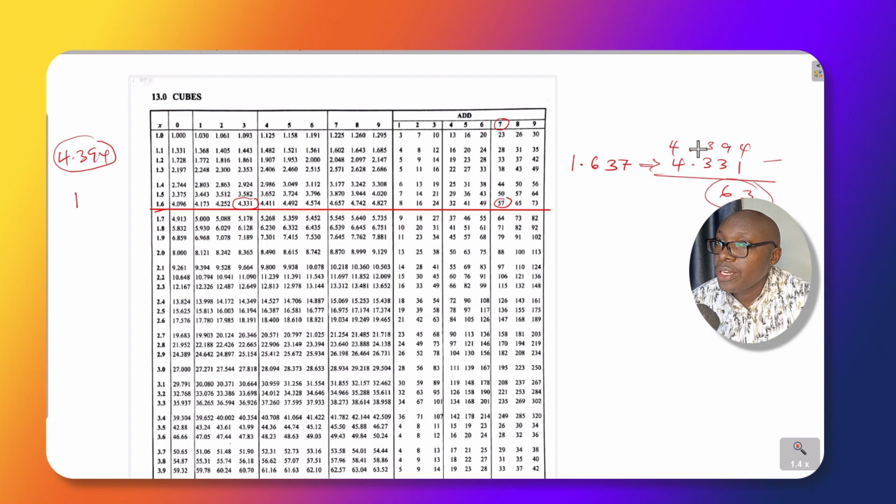And I needed 4.394, so you get the difference to see what was remaining. So 63 is remaining. So go to the column where you have add, check where 63 is. If 63 is not there, again you go to the closest to that. The closest is 57, because the next is 65. So that is at 7. So just add 7. So that one, the cube root is 1.6,